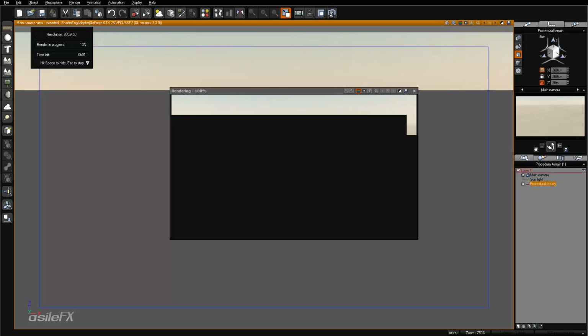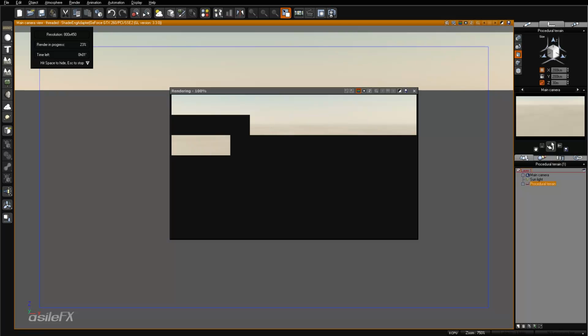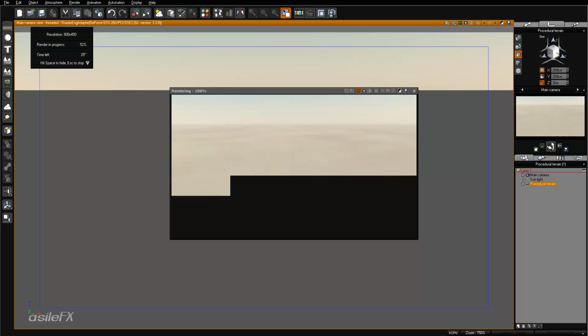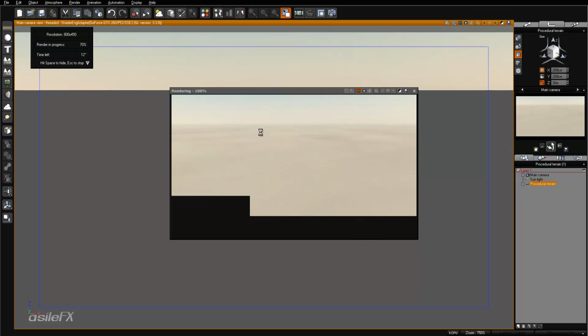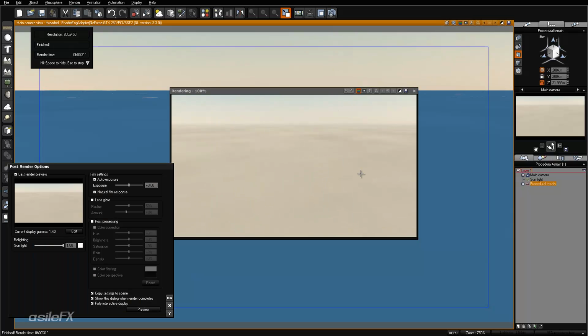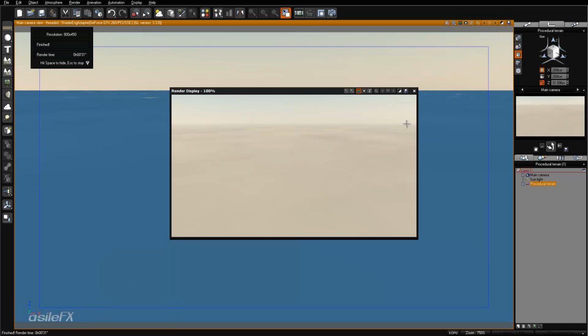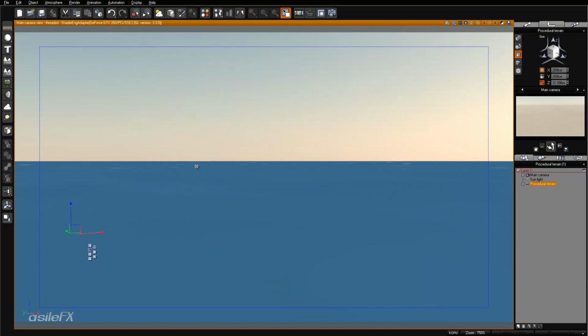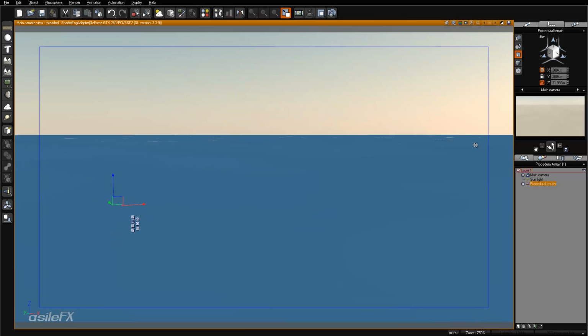With an infinite terrain, it's more difficult to really tell the exact height unless you look at it within the side viewport or the front viewport, just because it does vary so much throughout the scene. But now we have something that's a little bit better. It renders quicker, and it'll work well as a ground plane replacement for something that's relatively flat, but does have a little bit of